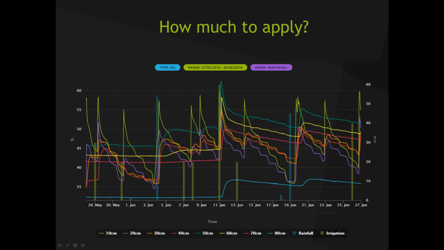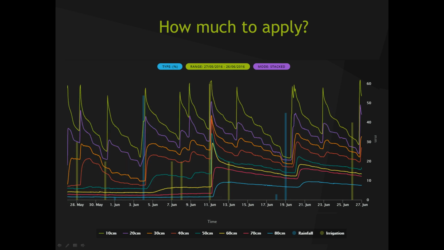Data shown in this example is displayed in an individual graph. Soil moisture content data is displayed in relation to the left-hand y-axis. Sometimes the data can become difficult to read as data from the various depths is overlaid. Here we have the same data but displayed as a stacked graph. It can be easier to see where the crop is extracting water from, when it's running out, what impact the